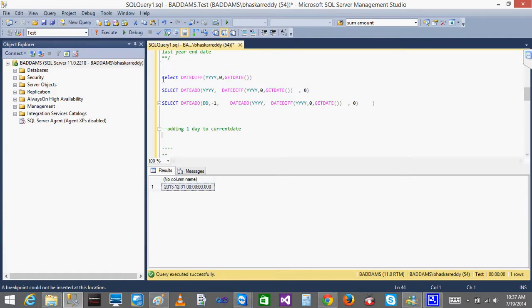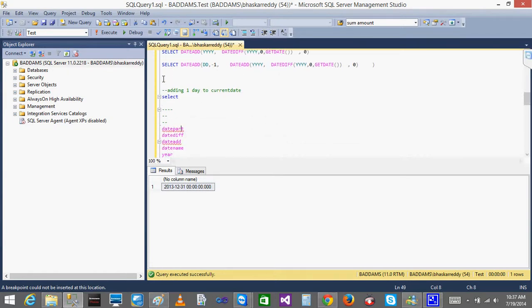Then what will you write? Select. Basically, to add a date part we use the date add function, right, for adding 1 day. Instead of that, you can directly use get date plus 1. By default, it will add 1 day to the current date. Today is 19, it will show 20. Instead of using the date add function, if you want to add only one, instead of writing that function, adding the date part, giving a date, giving one, and then giving that date, you can directly write it in a simple way. This is the other way you can do it. Okay, so I'll just copy this, I'll stop the video, and I'll send you this one.